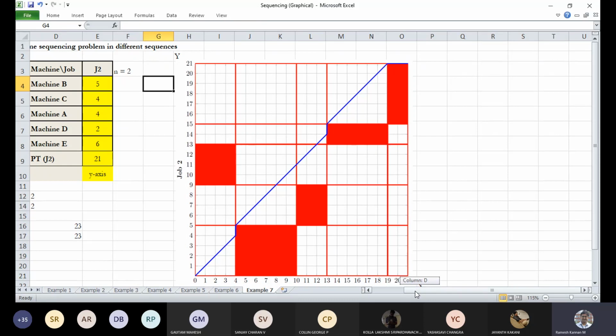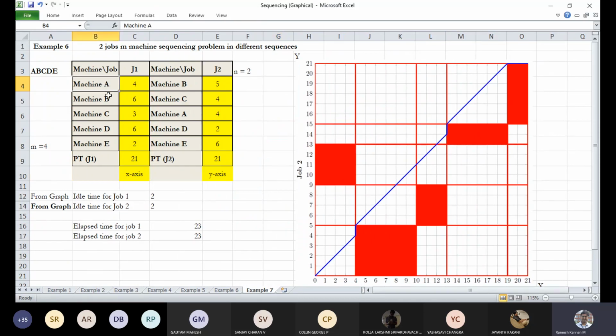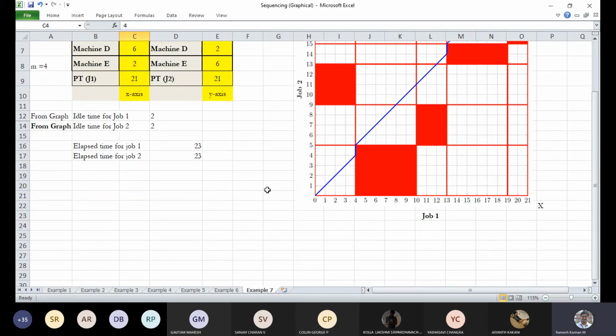Then, very importantly, you can see the order of missions is A, B, C, D, E for job 1, whereas the order for job 2 is B, C, A, D, E. So both have differing orders. First we go with the x-axis, which is mission A, B, C, D, and E. The duration for mission A is 4 minutes: 0, 1, 2, 3, 4, so we have 4 minutes duration.